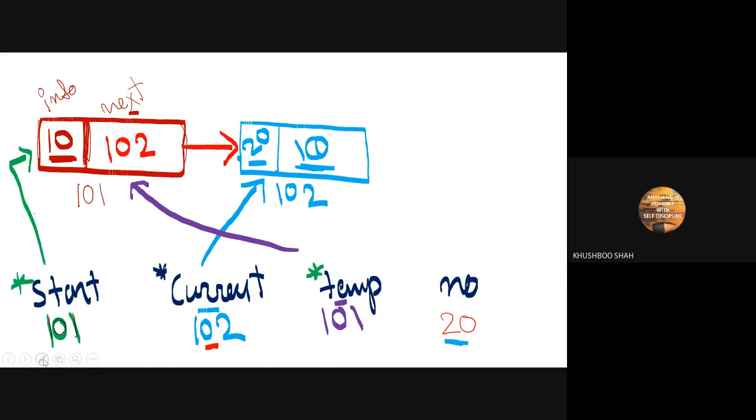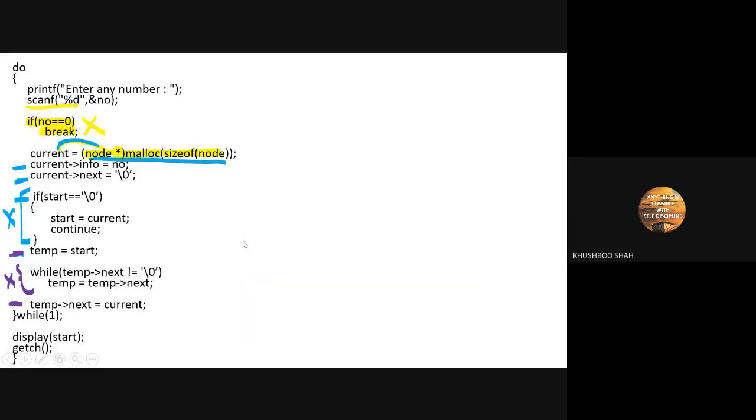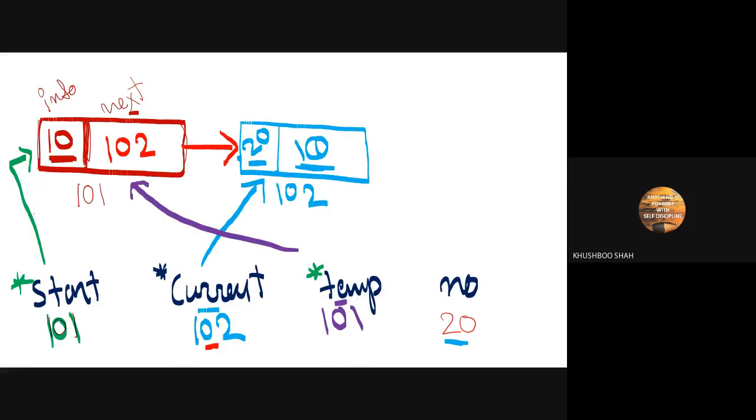I repeat, see the state. Temp next is equal to current. The moment we assign current's value into temp's next, 102 comes here, and because this 102 is the address of this node, this location will point to this node.